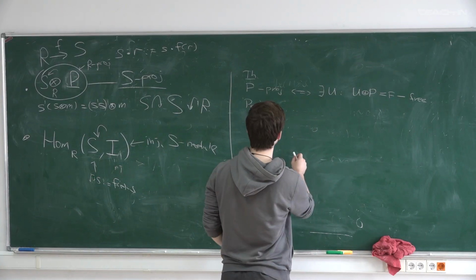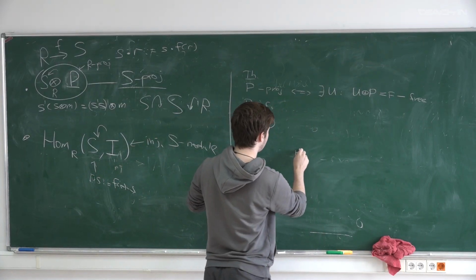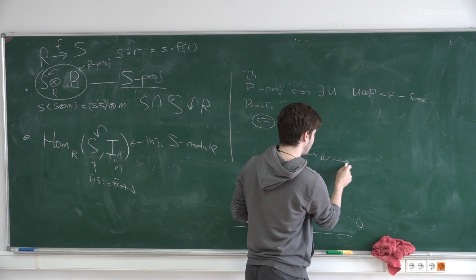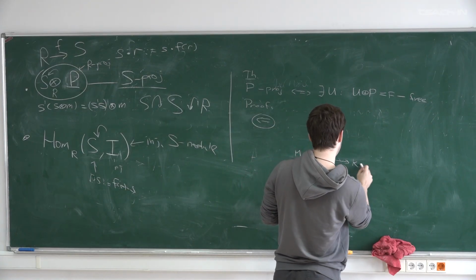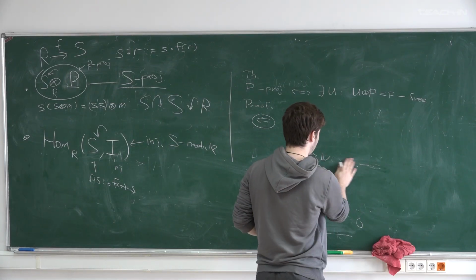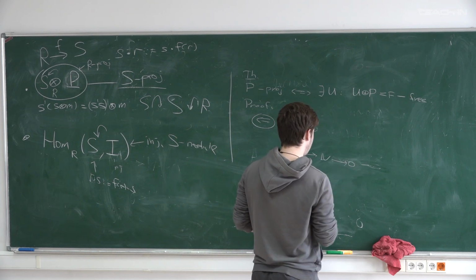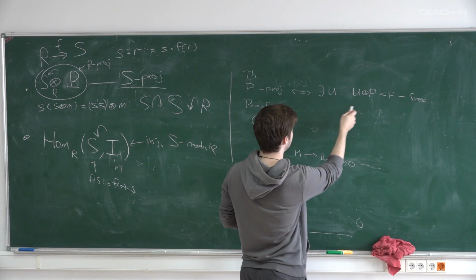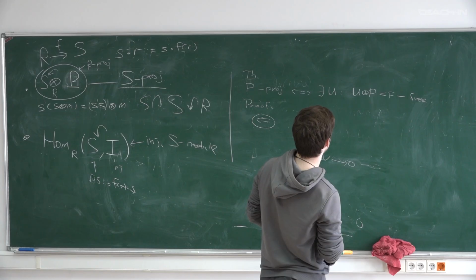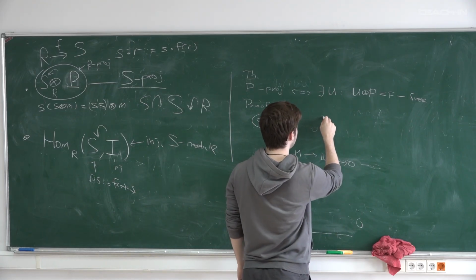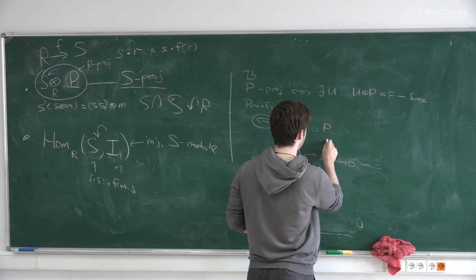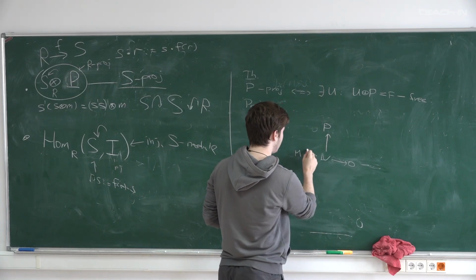So for injective modules, we don't have such an easy criterion, but for projective, we have one. Then if this is free. So if this exists, if we have a map like this,